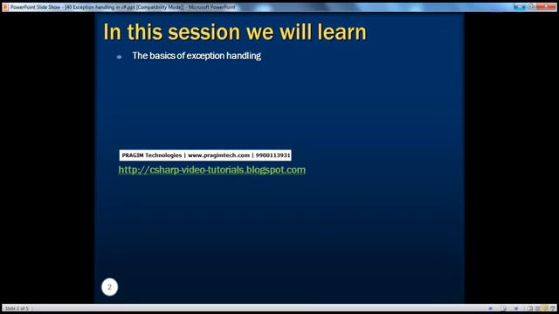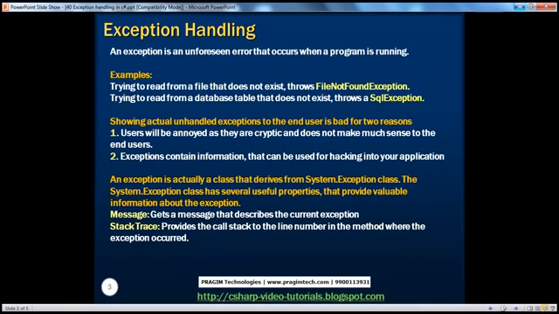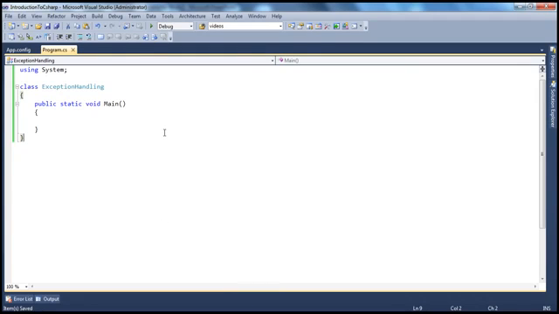In this session, we will learn the basics of exception handling. Let's look at an example. I want you to write a C# program which can read the contents of a text file and display them